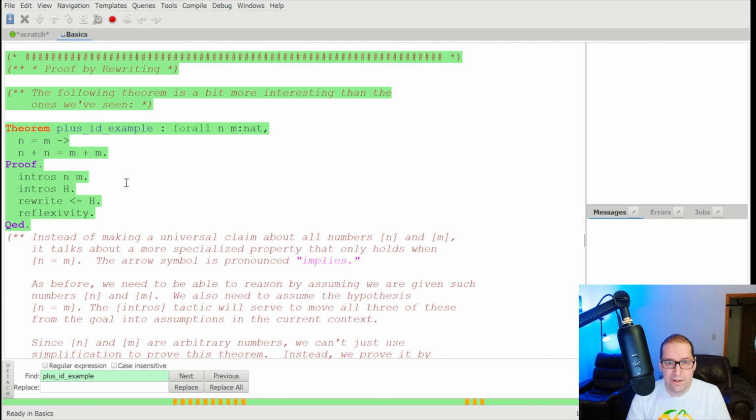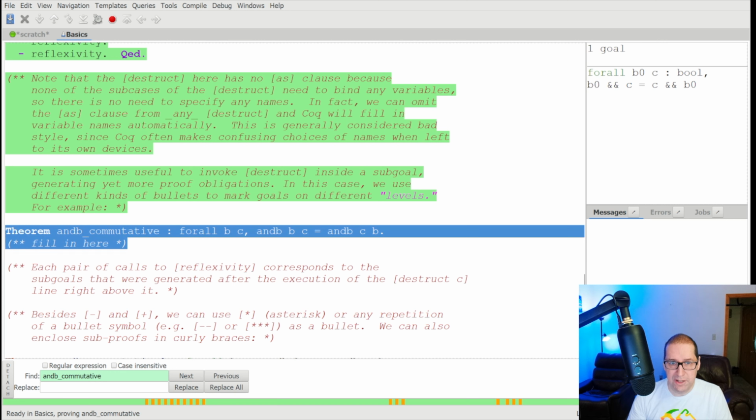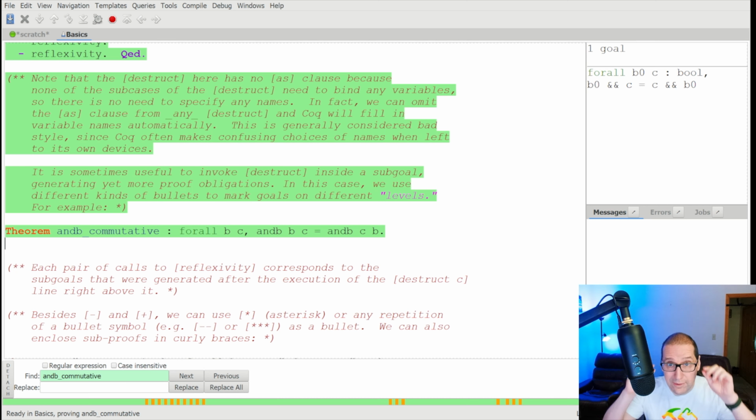Well, let's look at another tactic. Let's go and look at binary and commutative, right? Remove the answer. And again, I just want to be clear for anyone out there who's getting angry watching this. These are not the exercises that you're asked to do in the class. These are the exercises for which they give you the answers. And I've just removed the answers temporarily from these files